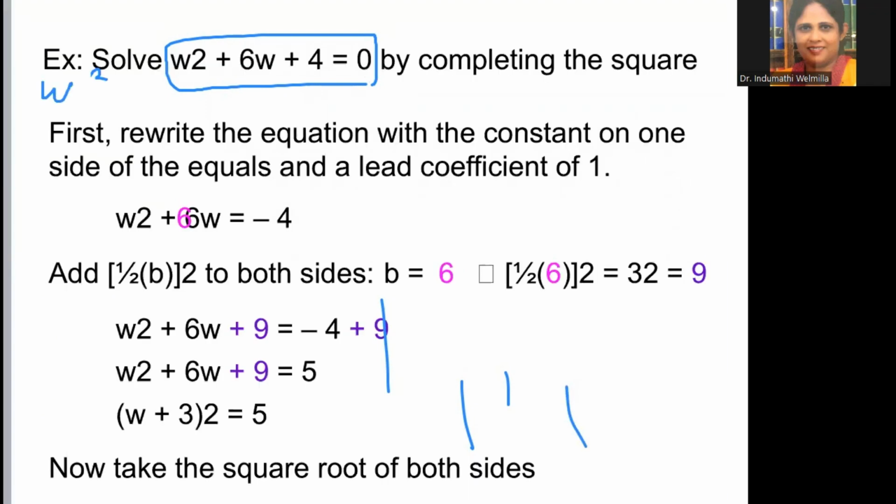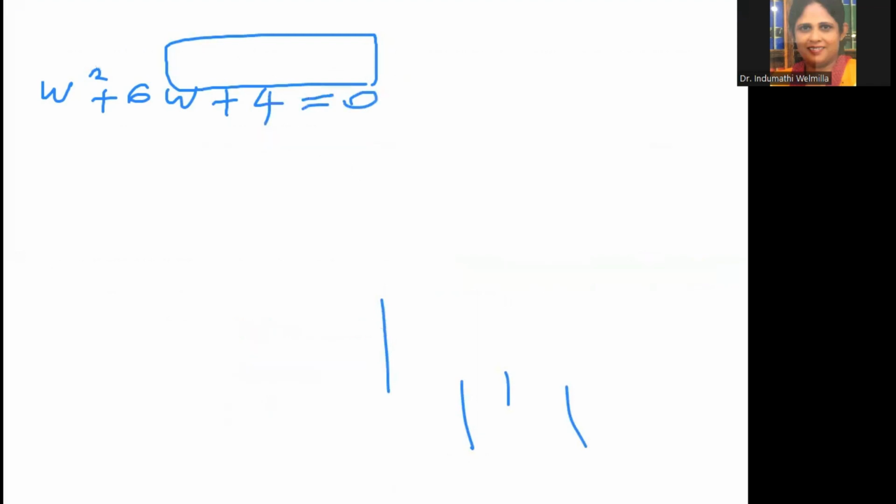W squared plus 6W plus 4 equal to 0. Right? This is the equation. I will delete the other. Okay. Now you can see in here, we can apply the completing square method now. But first we can check whether there are any factors, right? In here we can see we can't